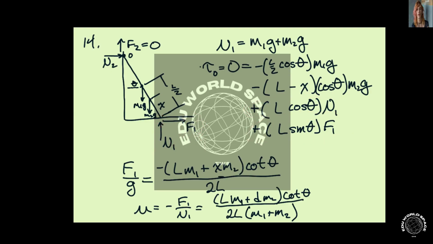So we have this. We can plug that into here and then solve for this, and what we get, if we divide through by g, is that F1 is minus L times M1 plus X times M2, all times cotangent of theta, all over 2L. So what can we say about this? Well,